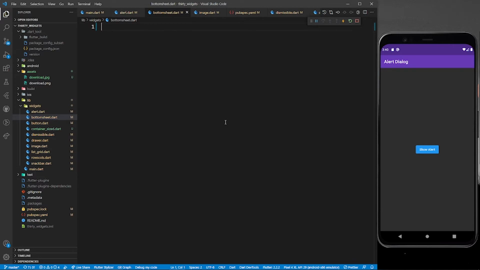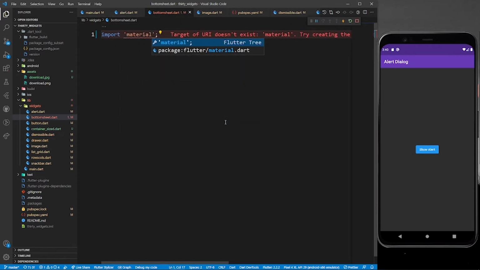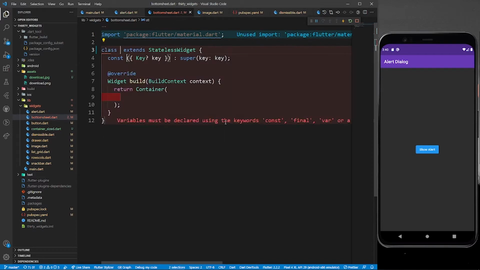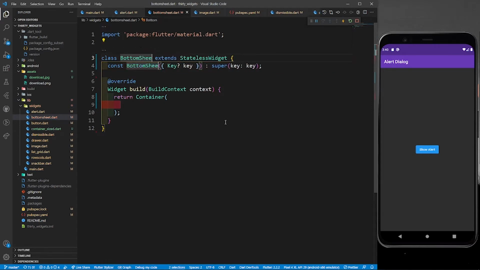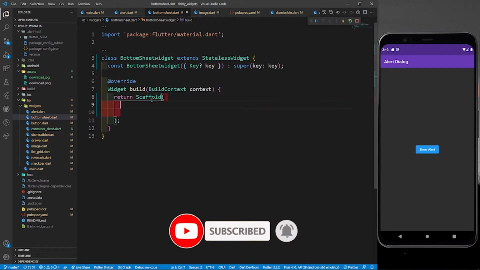And yeah, so first of all, let's import material.dart. And you can just skip this part till I am building the scaffold. So you can just fast forward it. So I'm going to create a stateless widget. Let's name it BottomSheetWidget. I'm going to return a scaffold, app bar.